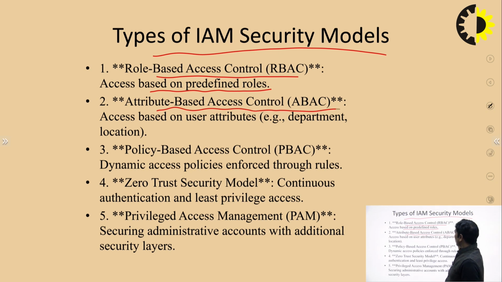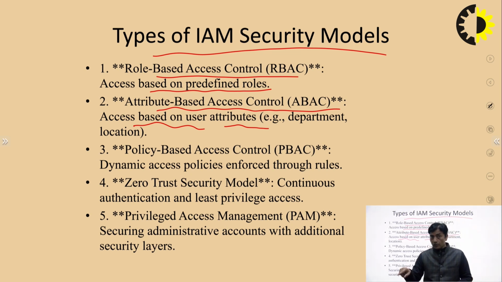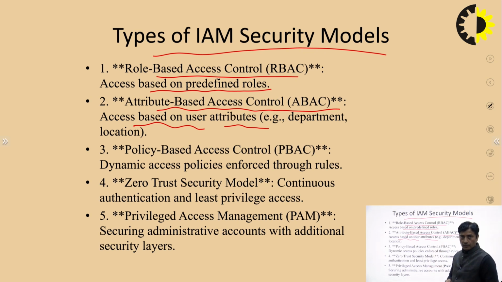Attribute-based access control, ABAC. Access is based on user attributes, like department or location. This is the group, like the CSC department, that can access the CSC department office and use the CSC labs. If a mechanical person or a person from another department wants to use them, they need proper clearance; they cannot use them as is. So this is the group of persons who have some defined access control.